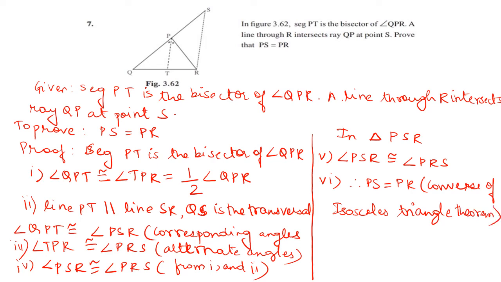Okay, let's move on to the last sum of this problem set. This is actually, I purposely kept it, this is angle B minus angle C. So if the correction is not made in the textbook, please make the correction. It is angle B minus angle C. So in figure